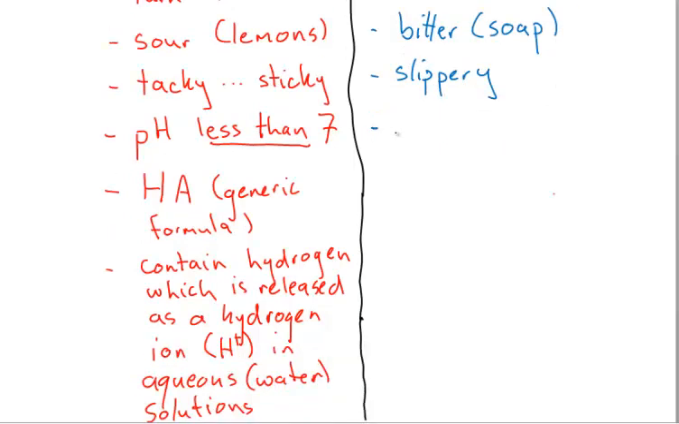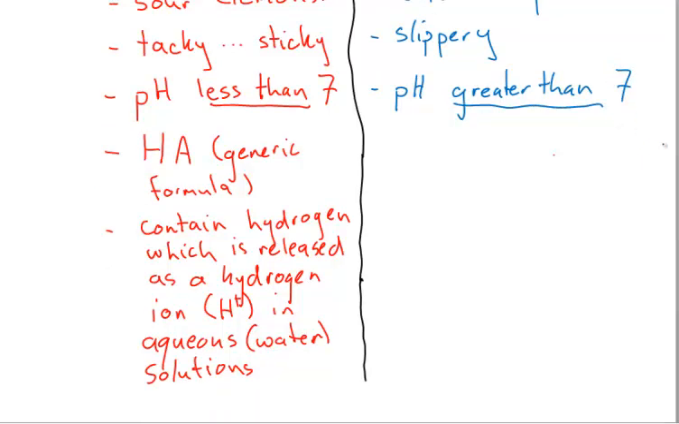And in contrast, they have a pH greater than 7. And you can't mix these two up. You have to know that. Their generic formula is represented by B for base, OH for the hydroxide ion that they produce,